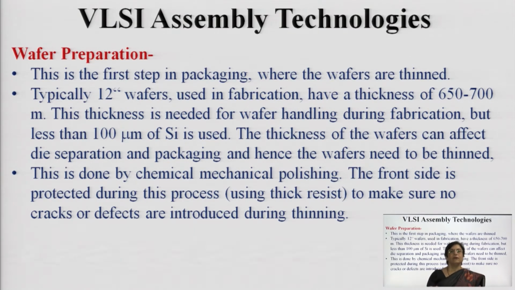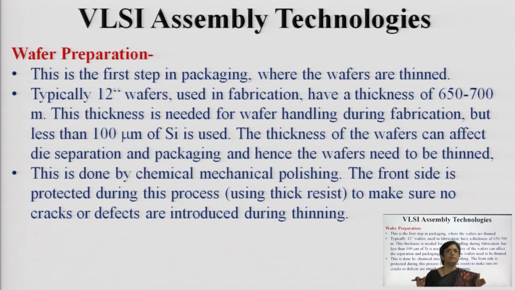Then once these 6 constraints are cleared, that is VLSI design rules for smaller footprints, electrical and mechanical properties, heat sink, thermal behavior, heat dissipation, all those aspects have been designed, we need to package the particular integrated circuit. So the very first thing is wafer preparation. Wafer preparation means once your wafer is ready with the circuit, with all unit processes over, first what we do is, before packaging, the wafers are thinned.